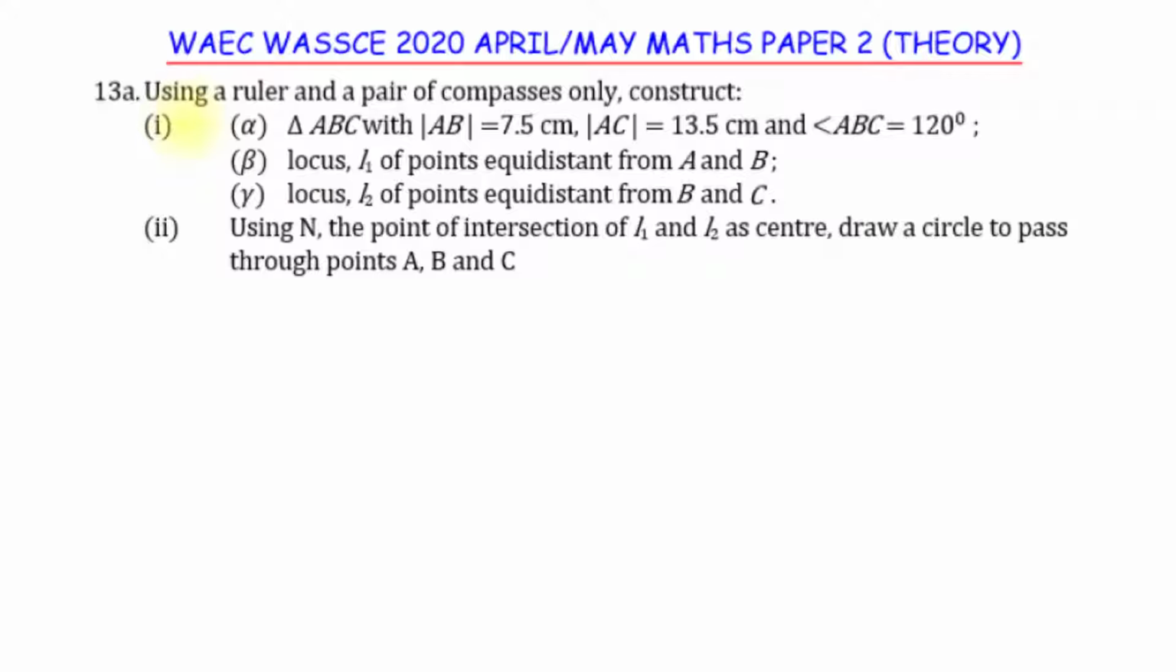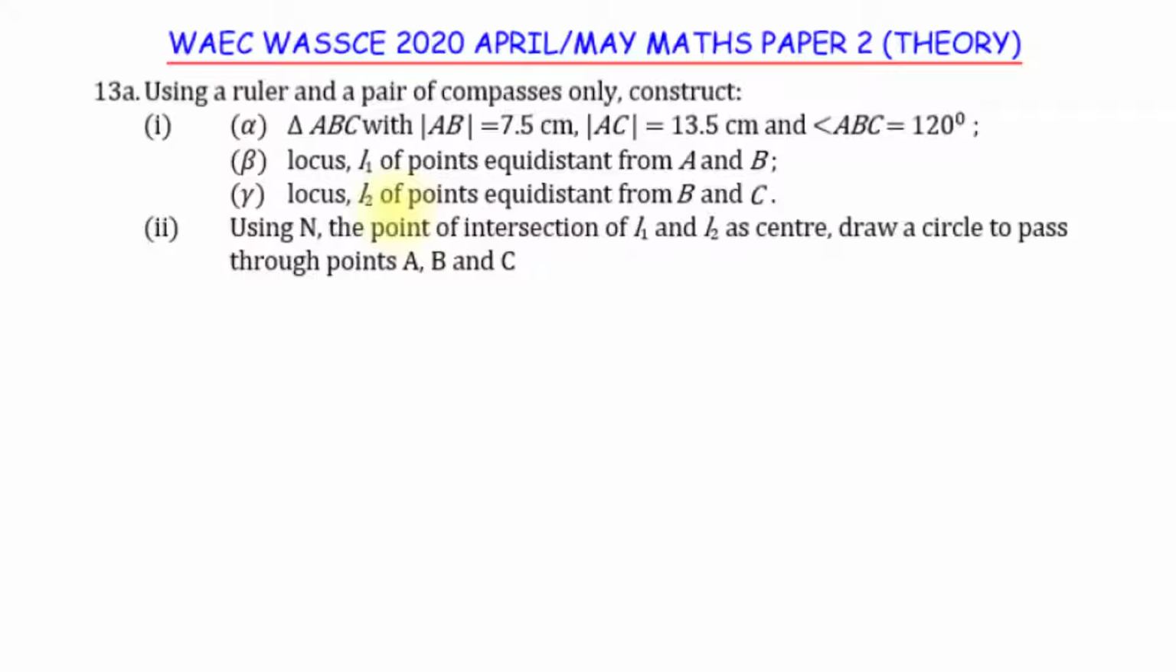In this theory paper from the WAEC 2020 exam, here is a question on construction in which we are asked to use a ruler and a pair of compasses only to construct, in the first case, a triangle ABC with line AB to be 7.5 centimeters, line AC to be 13.5 centimeters, and angle ABC to be 120 degrees. And then we should find the locus L1 of point which is equidistant from A and B,